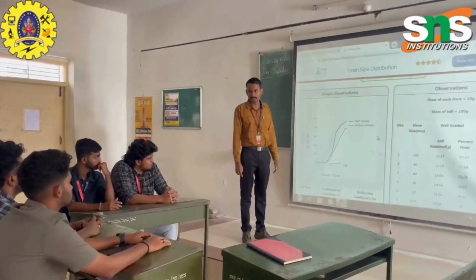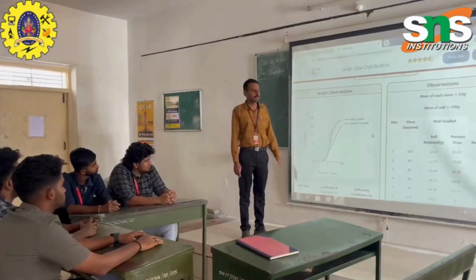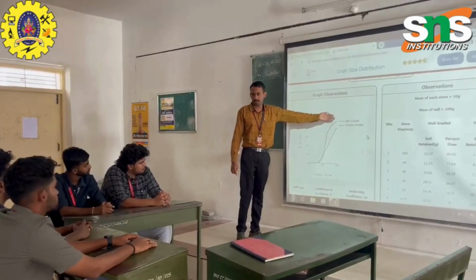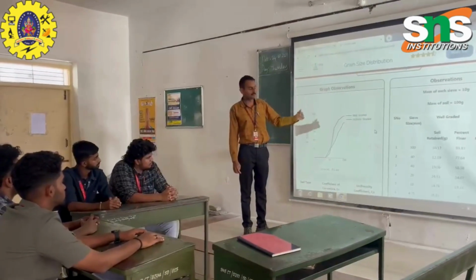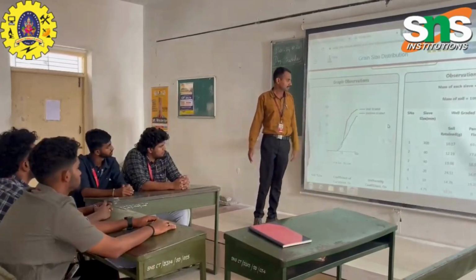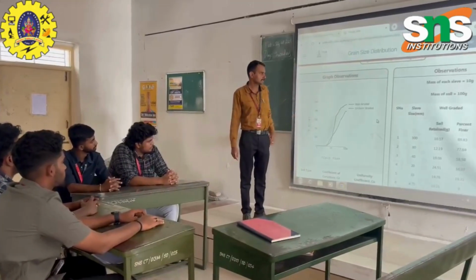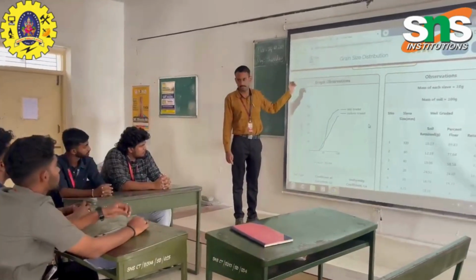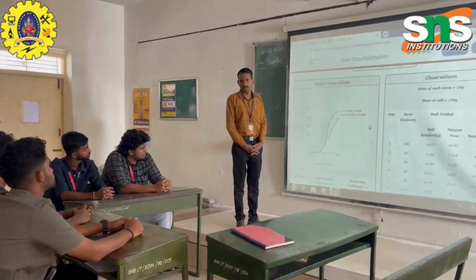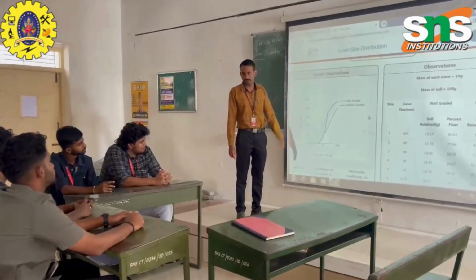the same diameter of particles. Different diameters in different proportions come under well-graded. The same diameter of particles in maximum proportion holds good for uniformly graded soil. So this is the Sieve analysis procedure using simulation. So without going to the laboratory, we have studied